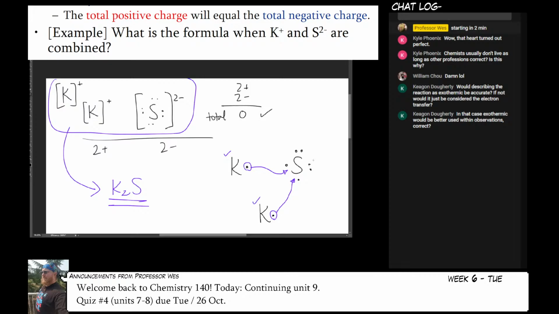And once I've done that, now everything has an octet, and so I can write my formula. I use 2 potassiums and a sulfur. Whichever method helps you, use it. You can either draw out the octets as they form and shuffle the electrons around, or you can do the numerical approach if you already know what ions these elements form. Now, in some cases, this approach is the only one that you're going to be able